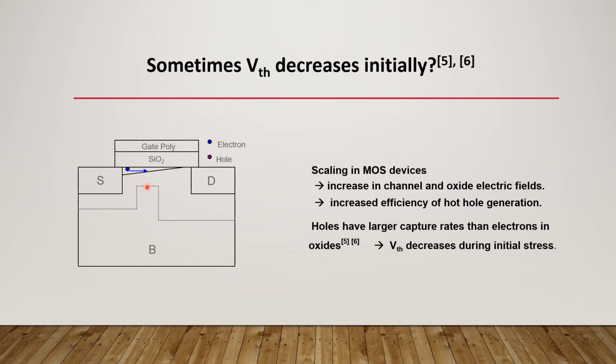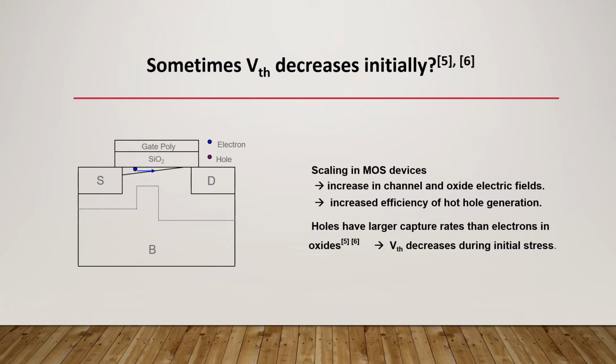So especially for those kinds of MOSFETs, I observed that if I, let's say, measure the stress data for, let's say, 10,000 seconds, then for the initial 2,000 to 3,000 seconds, I was observing, in fact, a decrease in the threshold voltage. And that led me to investigate this phenomenon, and the following is a description coming from references 5 and 6, which have been given at the end of this presentation.